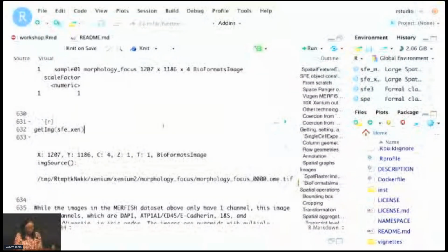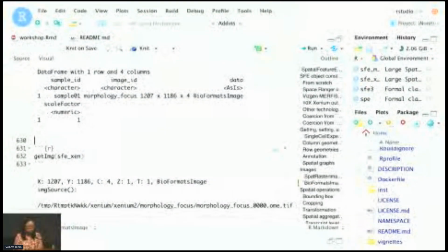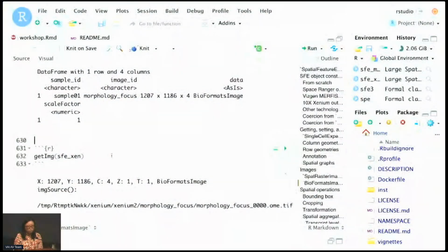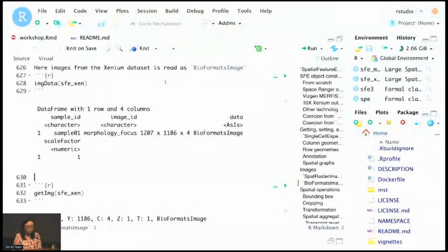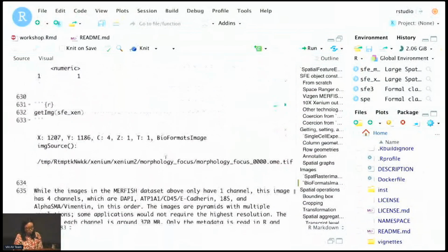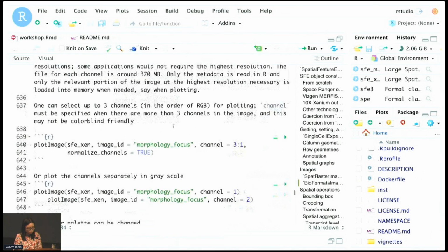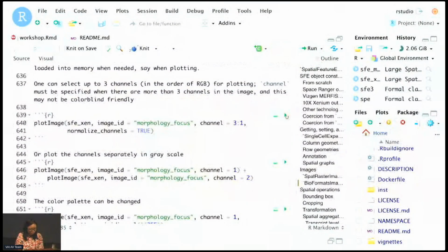I usually don't want to read the highest resolution into R. For this class, the image is not read into memory at all. I merely read the metadata from the OME-TIFF file, and only the metadata is read into R. The metadata in memory will have the spatial extent, and as we will see later, we'll also store the information about affine transformations if we perform them on the data.